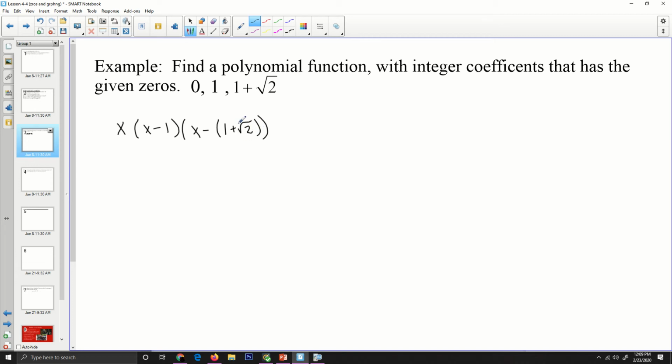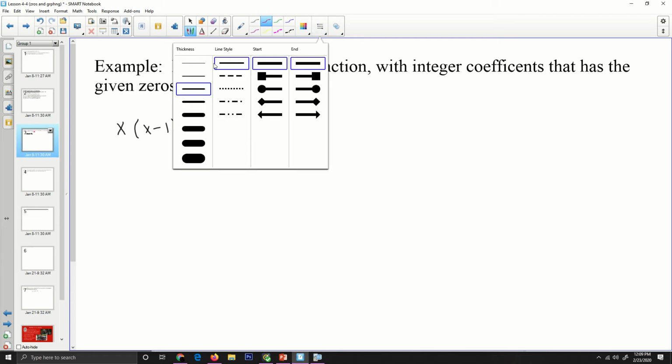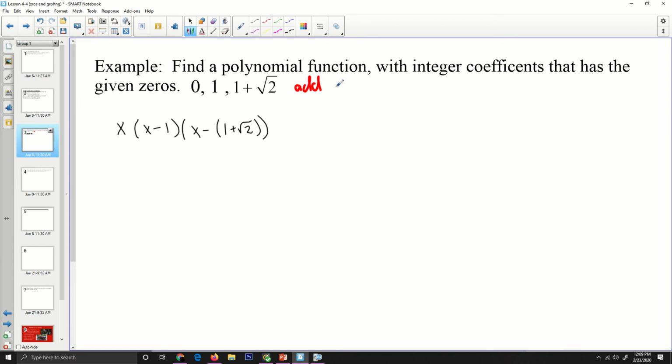And so to get rid of our square roots, what we're going to do is add the zero 1 minus square root of 2 to make integer coefficients. All right, and so when you multiply a number of this irrational form by its conjugate, remember